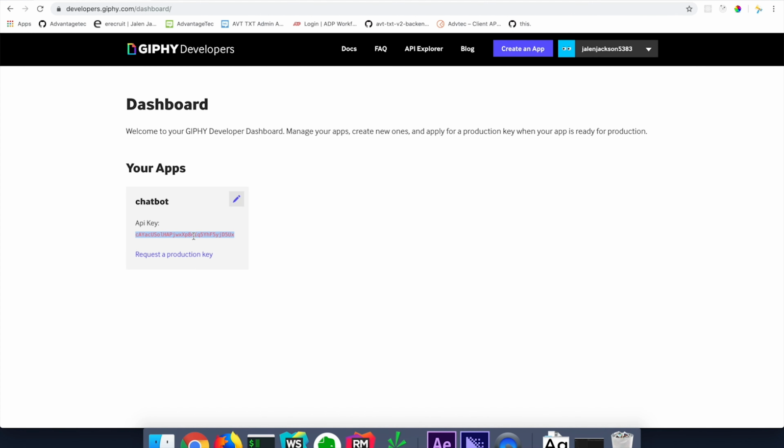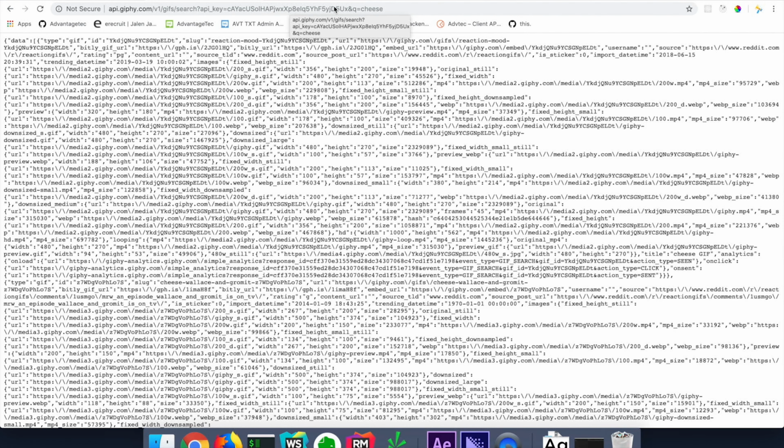Basically, they require this to authenticate you. This is to make sure that this is a user that's logged in, he's using our API, and we'll authenticate him. If you don't have the API key, it's not going to work. So you take this API key, and this is an example API call right here. Now let's go to the docs,